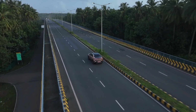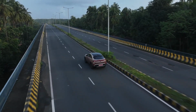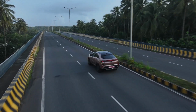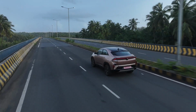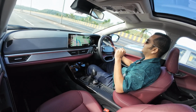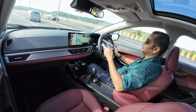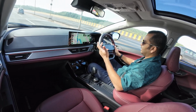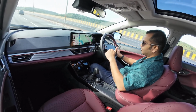So what I'm going to do is I'm going to let the speed drop. So let me get off the fast lane, and now I'm slowing down this Tata Curvv. So the speed is now at 60, and I'm going to drop it further. I'm still in eco mode, by the way, and now the speed is at 50 kilometers per hour. I have tapped the throttle. You noticed that a few cars overtook me right now, and the gear shift indicator is prompting me to downshift, but